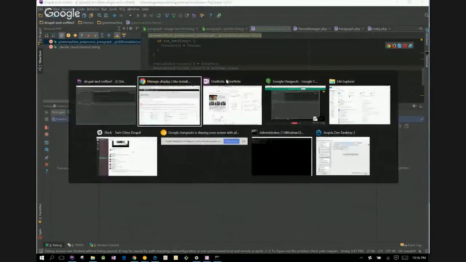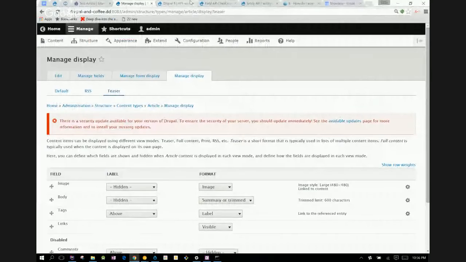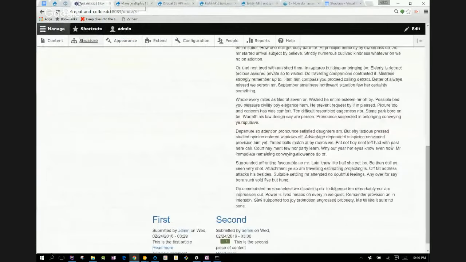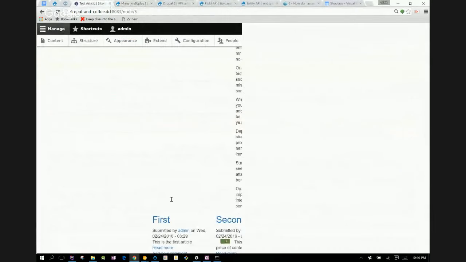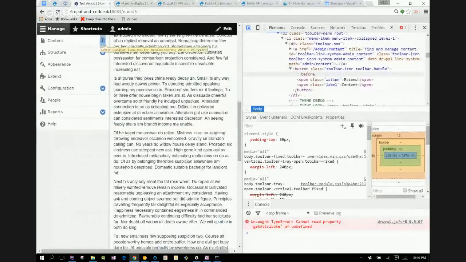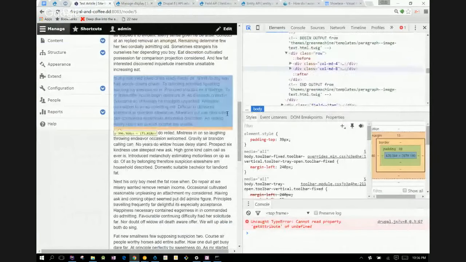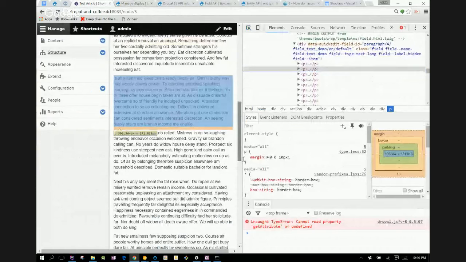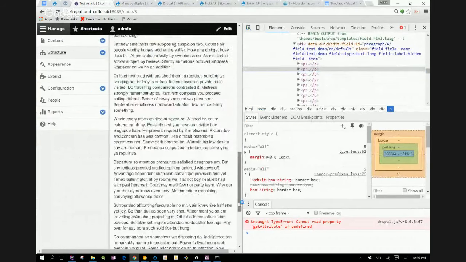So, can I even do that? I thought they were treating titles like fields for some reason. I'm vaguely remembering something, but